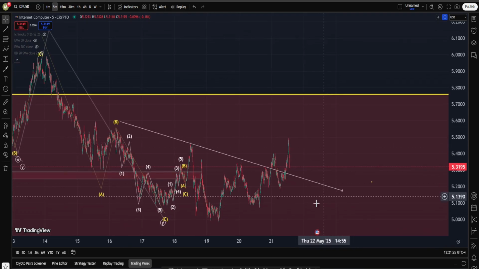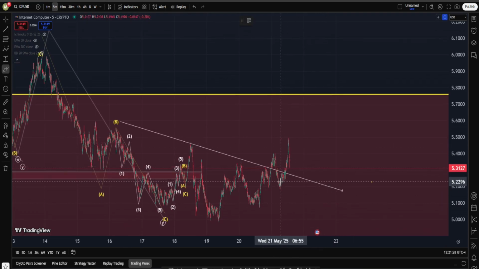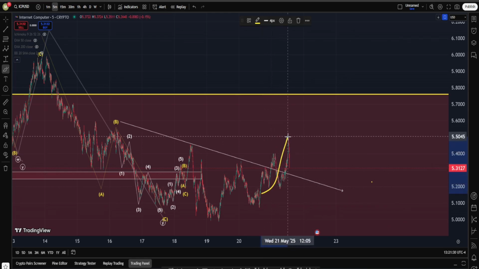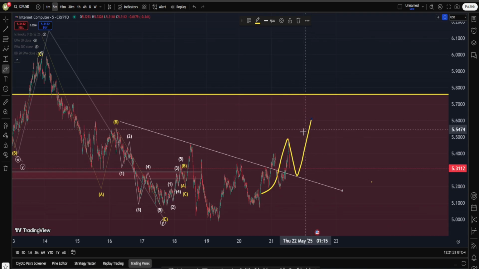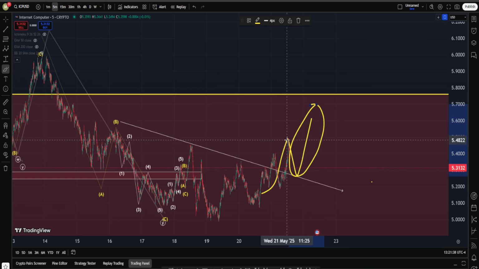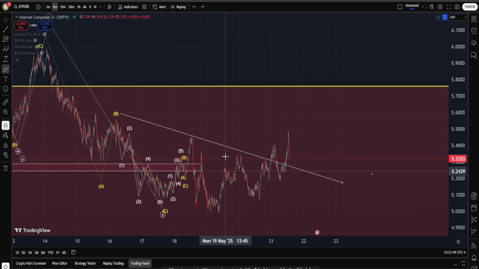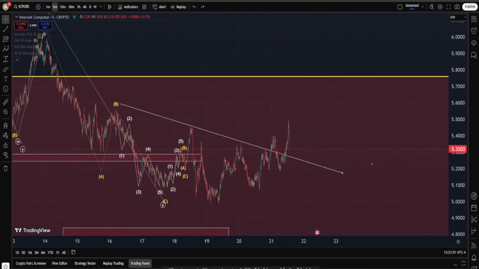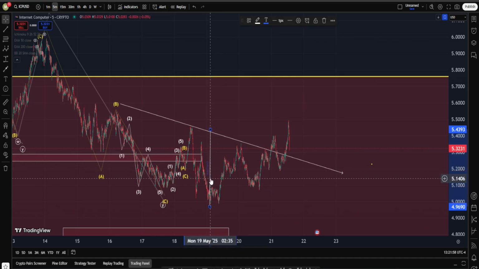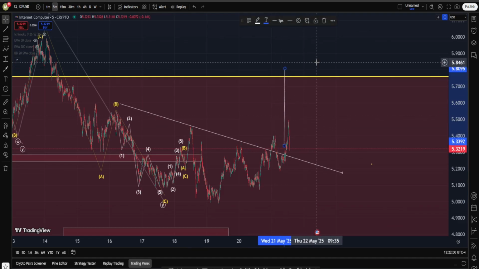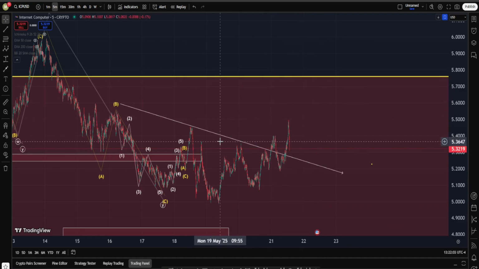This is not confirmed. Why? Because if you want to say this is happening, you need to see an initial move above the line, followed by that a pullback and then a continuation of the move up. And right now, because we are not having this phase at least yet, for me, it makes perfect sense to say, you know what, maybe it's best to be a bit careful and wait for another move up in order to take this high about $5.50. And at that point, we can say this head and shoulder is actually happening. And what is the target for it? You need to measure the height of your pattern from here to about this point and then put it at your breaking point. This is giving you like a $6 ICP, which I do think is realistic.